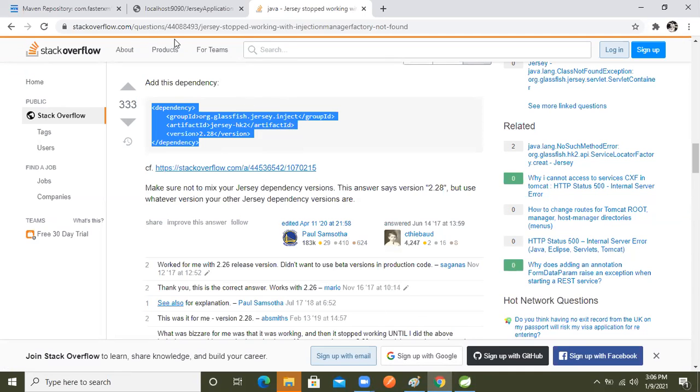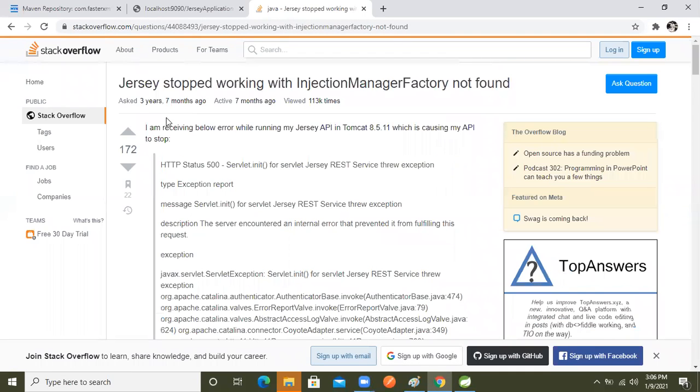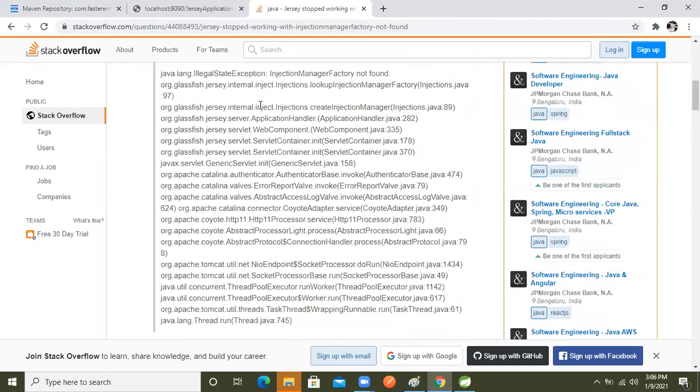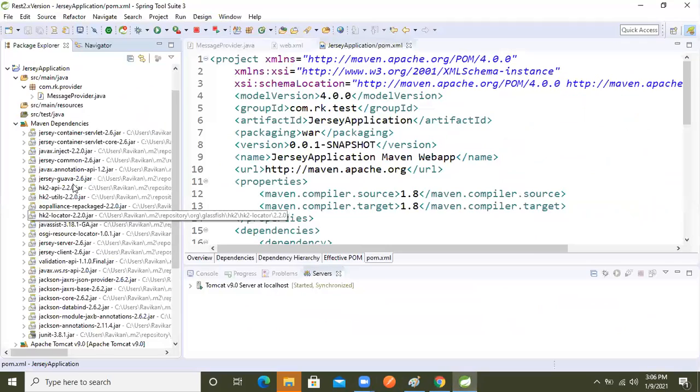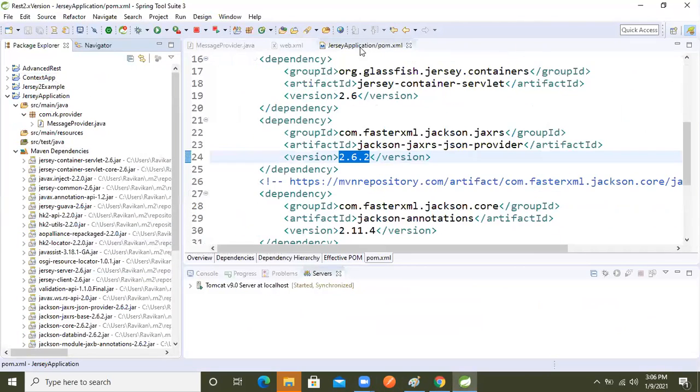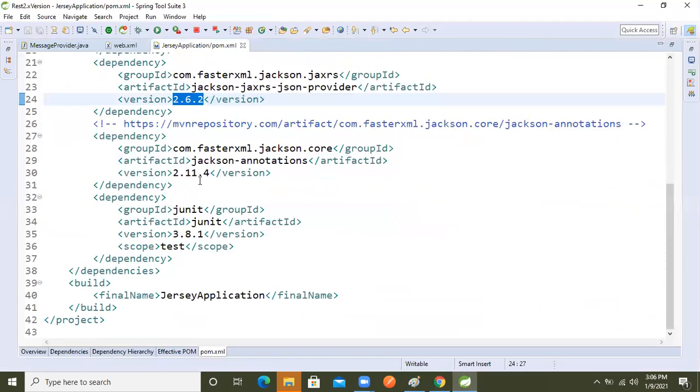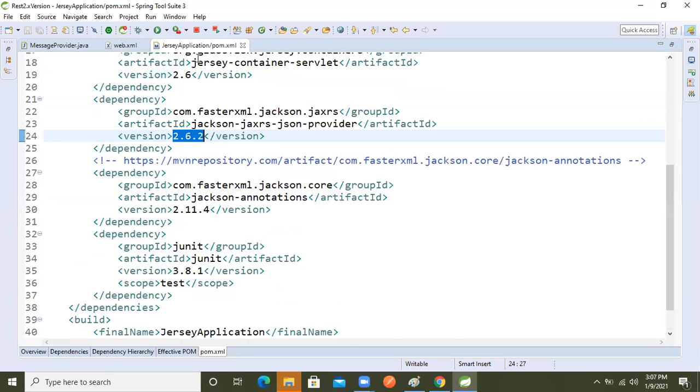If you get that problem, which problem? Jersey stopped working, injection manager factory. Then just put that error from the browser and you will get the dependency. That dependency you have to put inside pom.xml. Otherwise you have to use these three dependencies, but in the previous dependency I used a lower version. Because of that I'm not getting